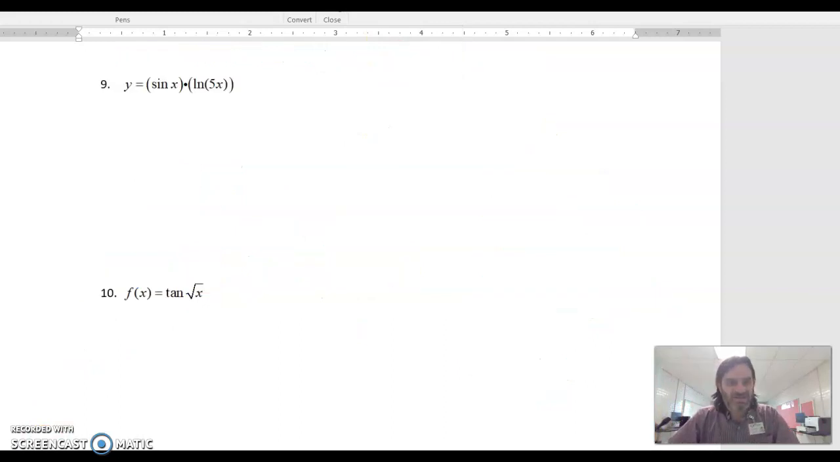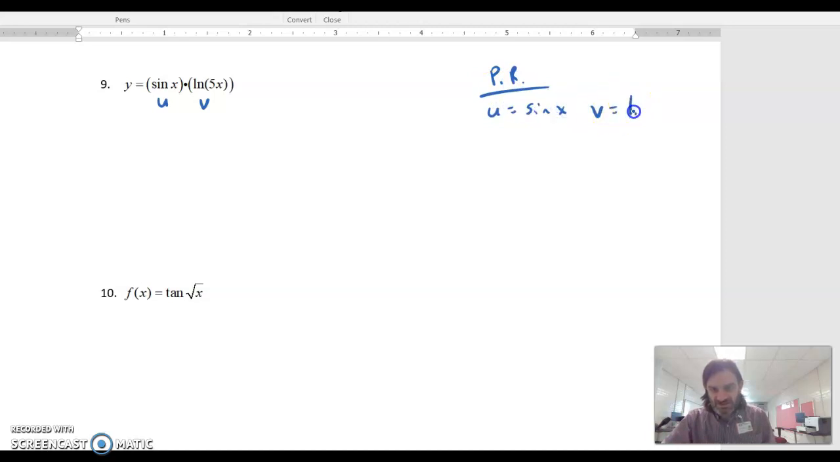Alright, problem number 9 here, y equals the sine of x times the natural log of 5x. So this is predominantly a product rule. So we'll look at this as a u and a v. So in that product rule, let's just kind of set that off to the side, product rule. U is sine of x, where v is the natural log of 5x. So u prime is cosine, that's the derivative of sine,